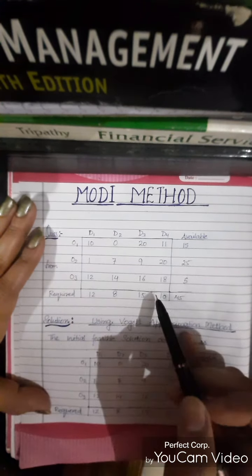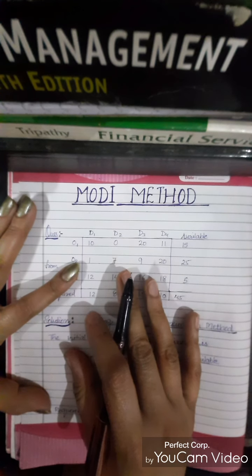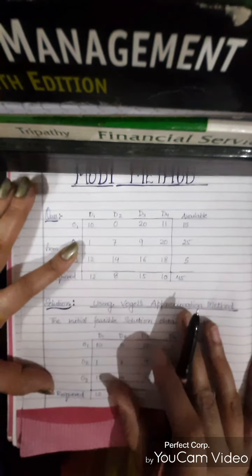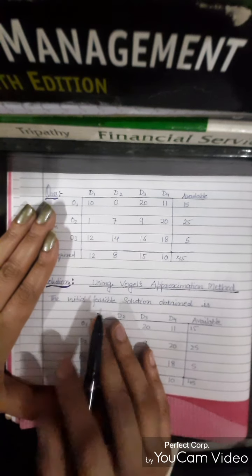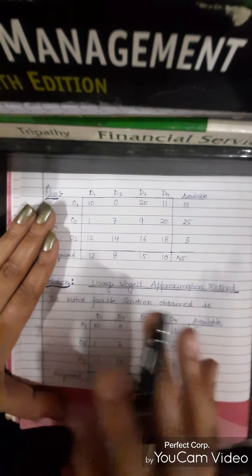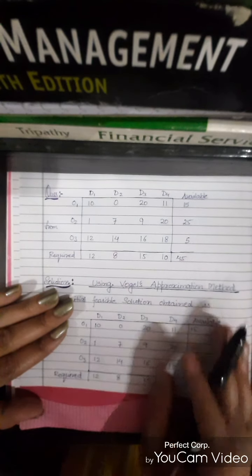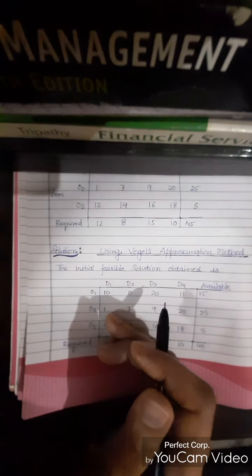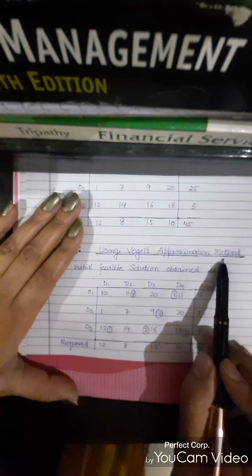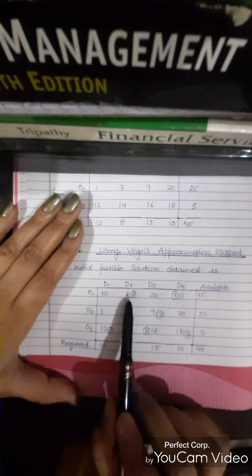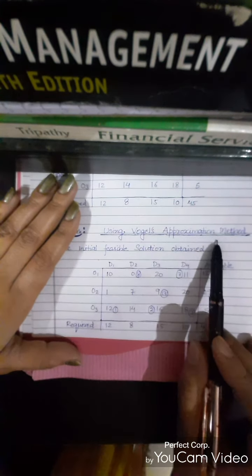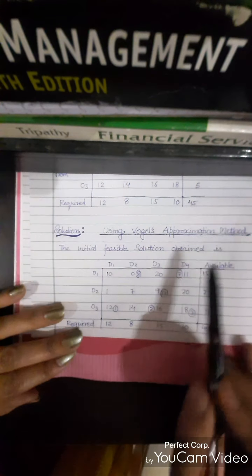For any transportation problem, as I have already discussed, the first thing we do is check whether it is balanced or unbalanced. This problem is already balanced, and we also have the initial feasible solution by using Vogel's approximation method. So we just go through the MODI method, or the optimality check. The allocations for this are what we got with Vogel's approximation method, and after getting the feasible solution, we will go to the optimality check, that is the MODI method.